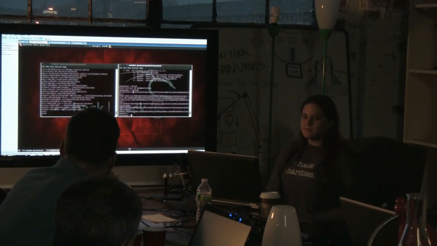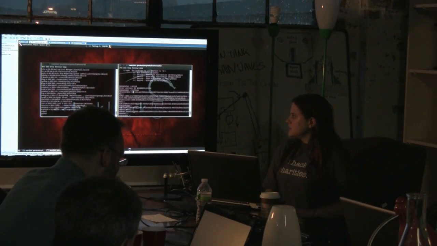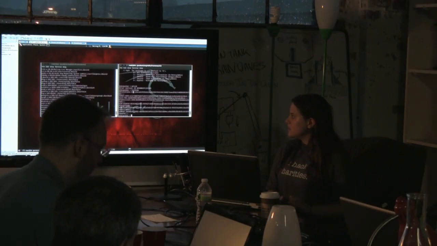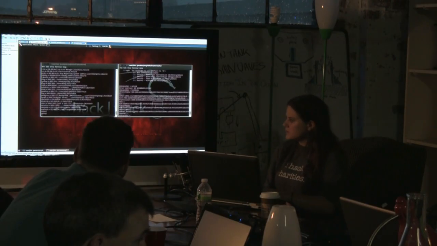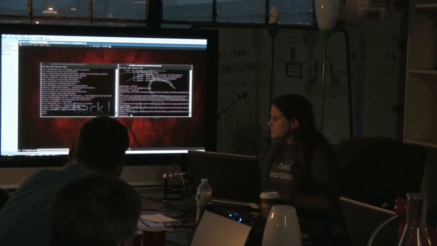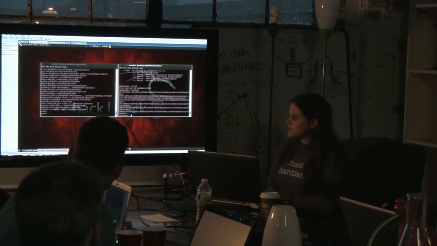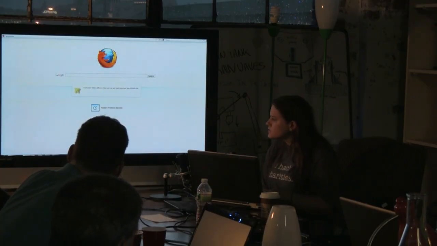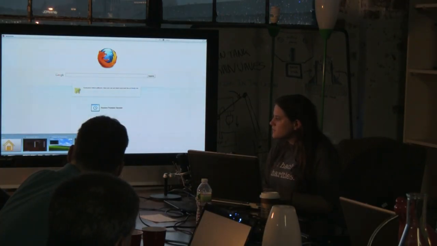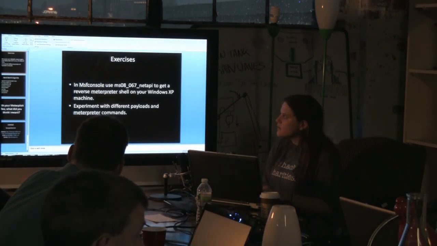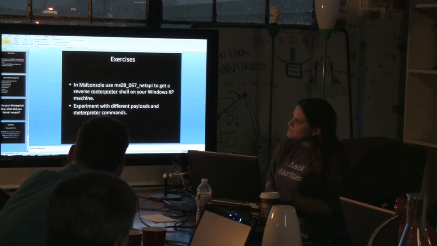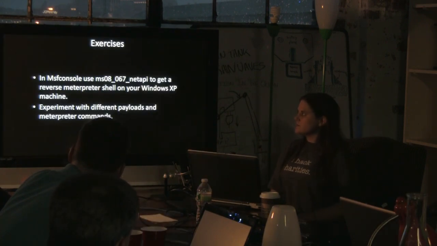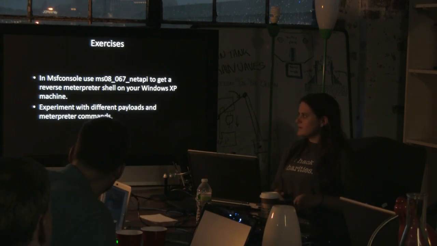But yeah, I'm pretty sure the password on this box is password. But yeah, so I guess that's all I have for today. Actually, let's just run through the rest of the slides so you can see my contact information and stuff. Okay, I just opened Firefox. Would really help if it fit. There we go. Okay. So your exercises, we're gonna have to hit the snapshot button a lot on that Windows